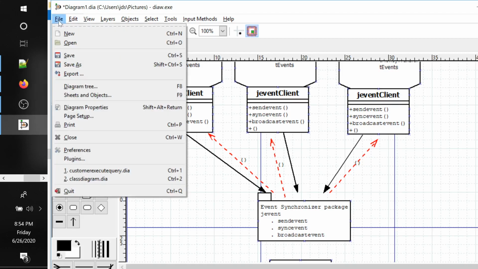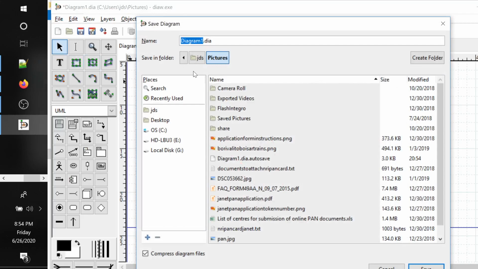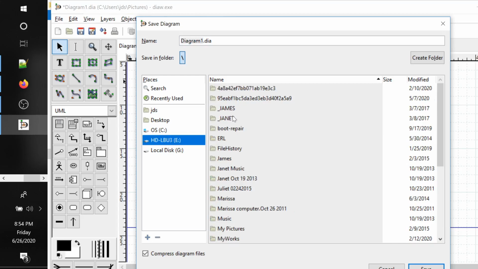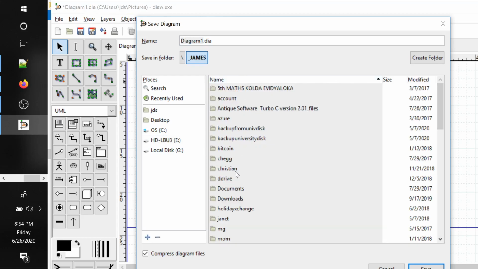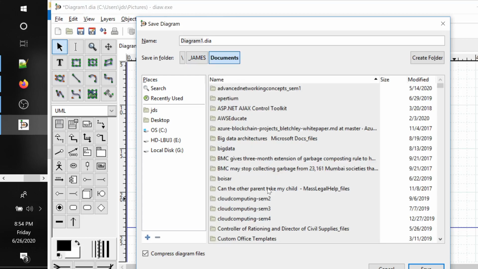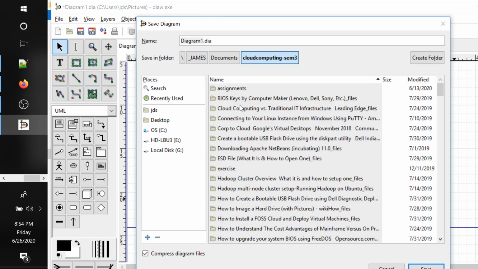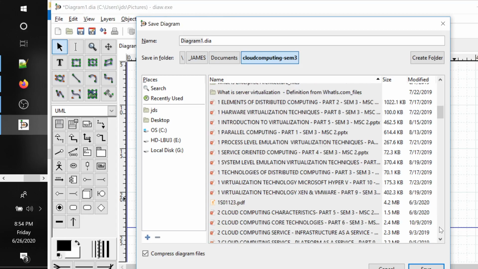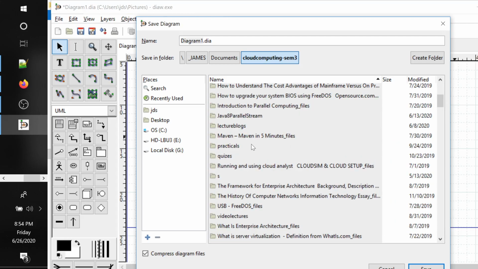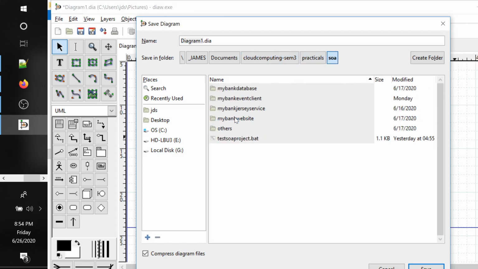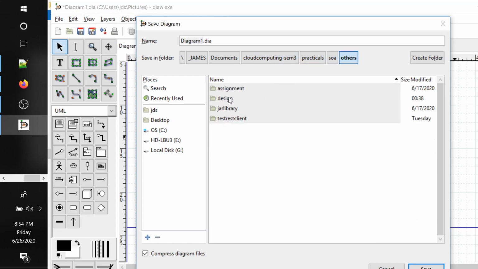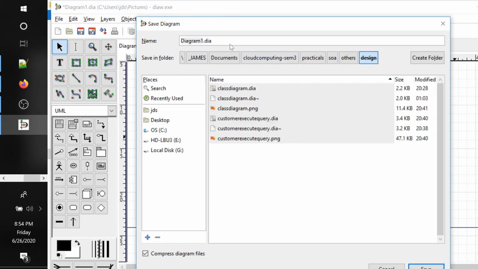So let me save this diagram though. Save as. Oh, I have to open. Save it in others, design, and I can say this is my database diagram.